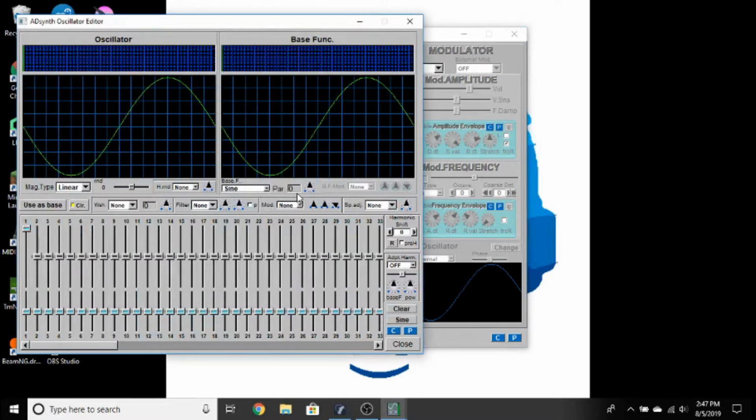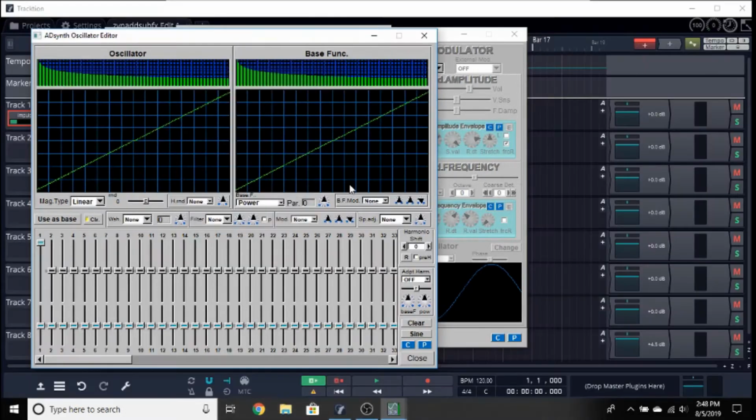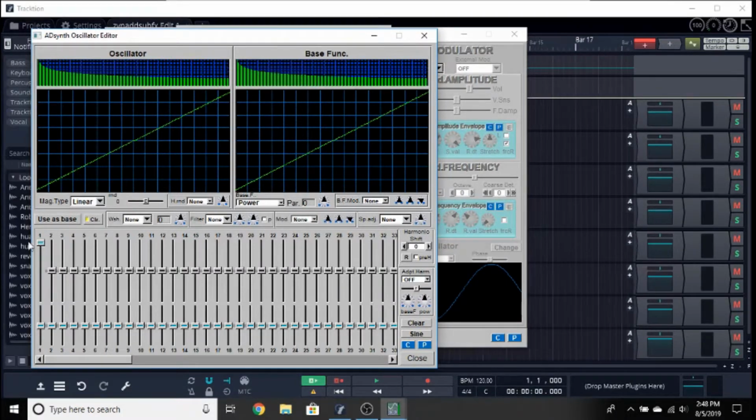So how I basically use this engine is I just choose what wave I want and then filter the stuff out and filter out the harmonics. But they call it an additive synth because you can add harmonics this way, which